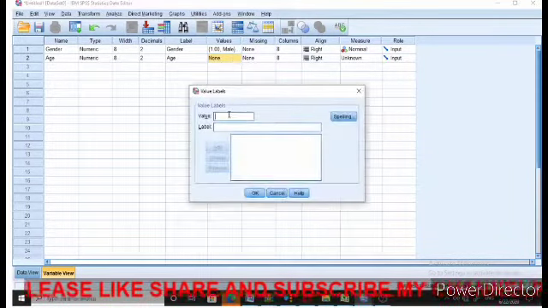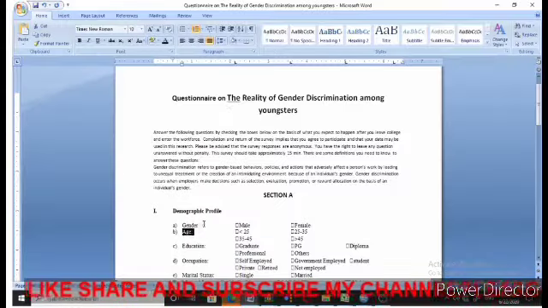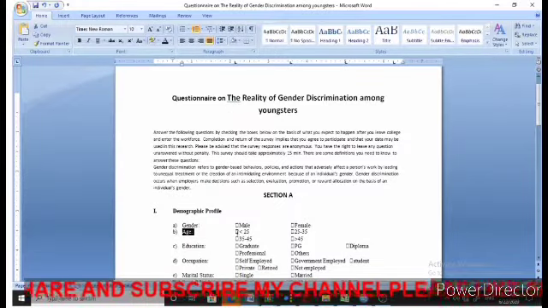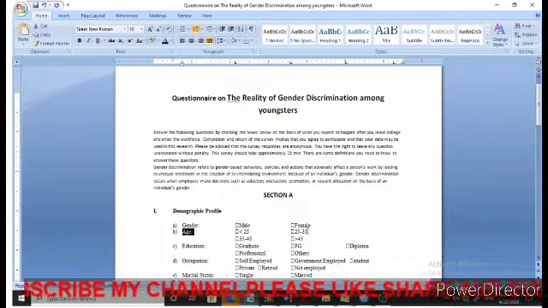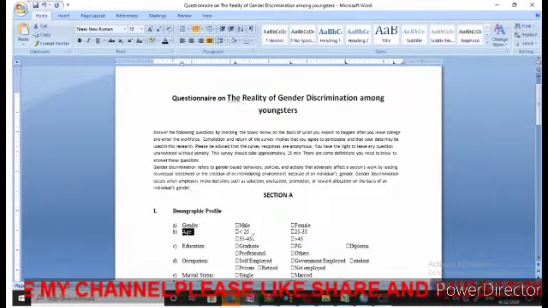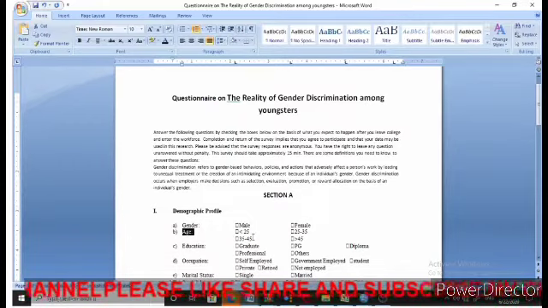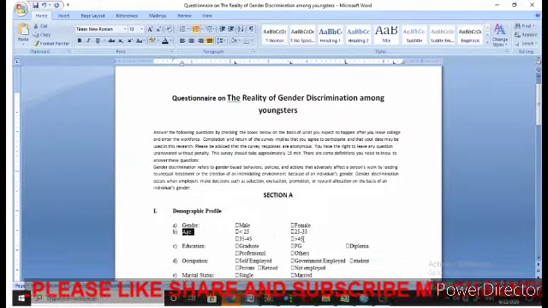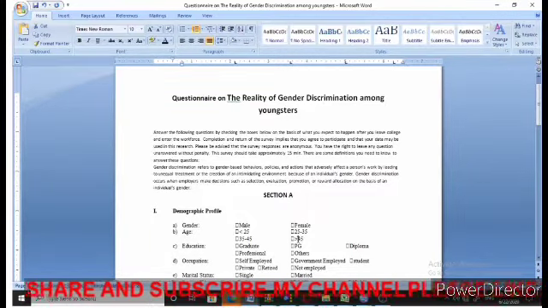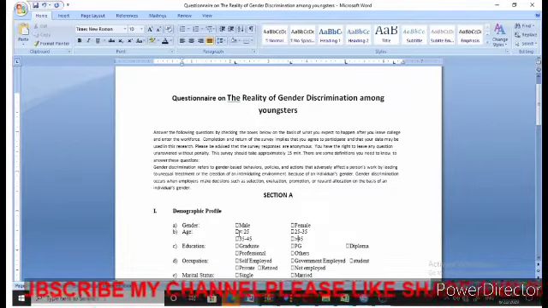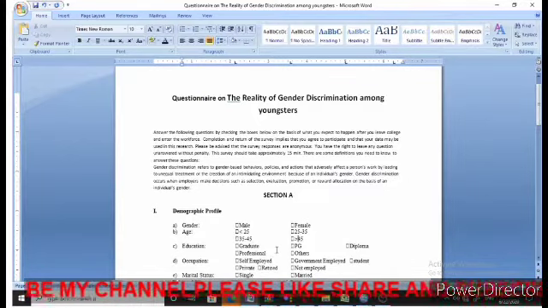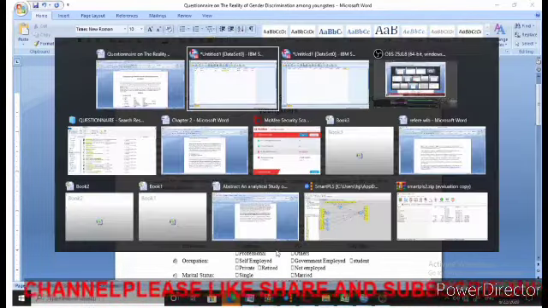So we can assign first is less than 25, second is 25 to 35, third is 35 to 45, then fourth is more than 45, right? So we can put this data in the value column.